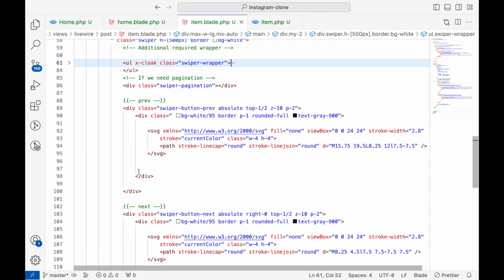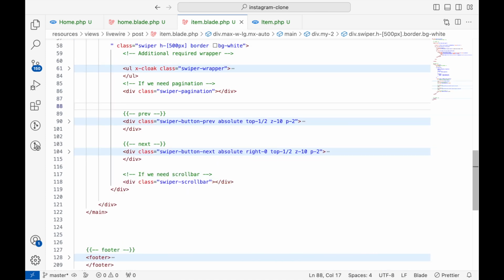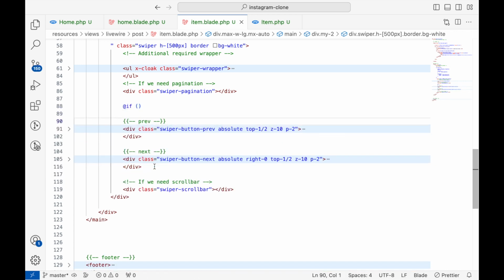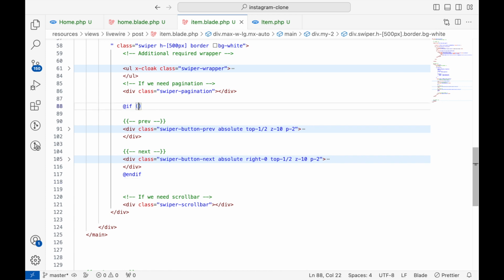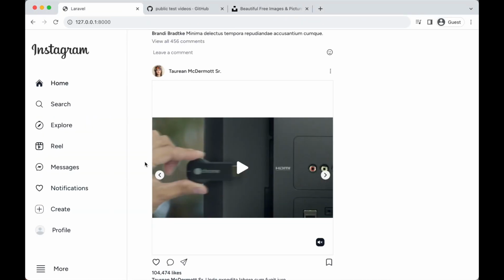In here for the navigation, the prev and next, I'm going to put this in a Blade if. Here say count, if post media is greater than 1, then we can show these two. Make sure I wrap them inside this if. Now if we go and refresh,